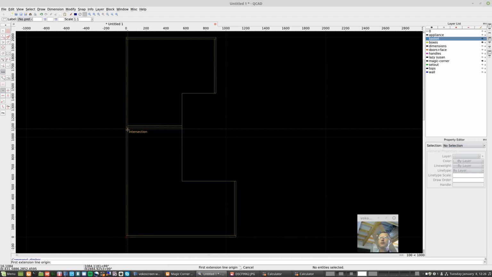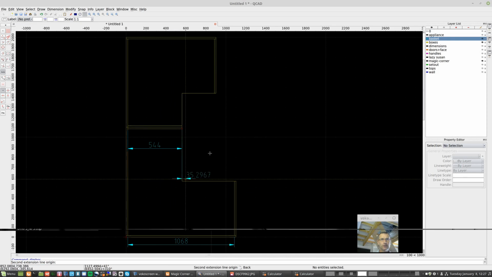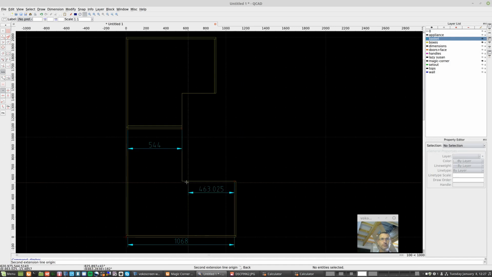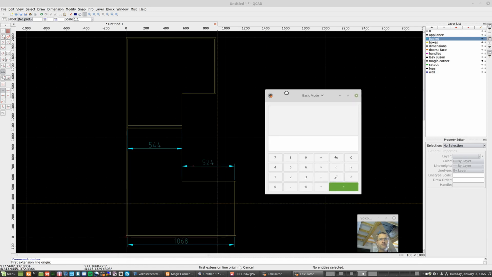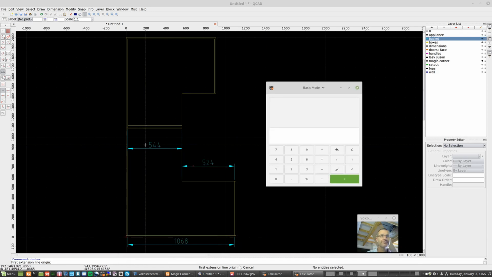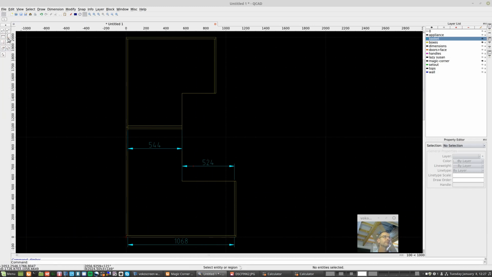So we've got, in essence, this should be 544. I'm going to leave that on the basket layer. Yep, 544. That other dimension is 1068, and that dimension is, no, wrong way. Actually, I'll just do it there. 24. So bringing our calculator to the floor. So this is going to be our floor area. So it's going to be 544, which is the dimension front to back. I'll just do the confirming dimension the other way, so you can see that I'm not talking nonsense. So that is there. So this area here,